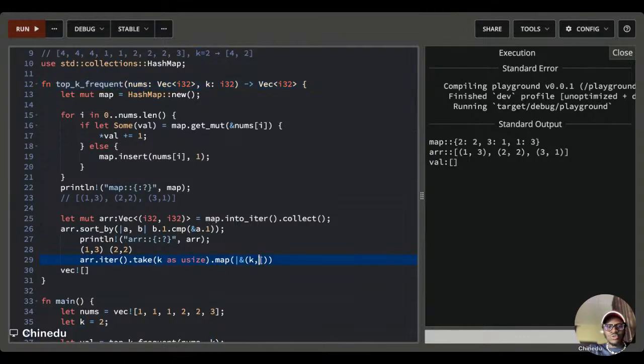So now, because we do not need the value for anything, we just pass an underscore there, right? So map, close the closure, and say k. And say dot collect. Let's see what happens. So I'll comment this out. I'll take this out, and